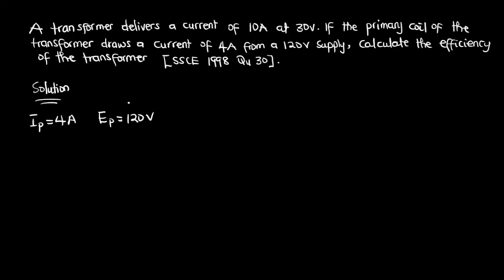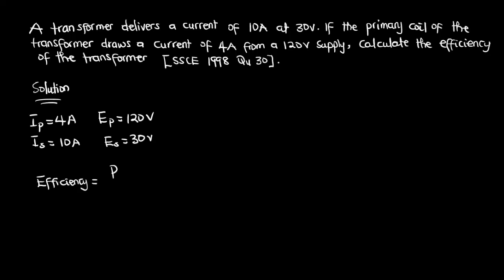So it means the current given to us over here is the current in the secondary coil, which is 10 amperes, and the voltage is the voltage in the secondary coil as well, which is 30 volts. So we have to calculate the efficiency of the transformer. Now, to calculate the efficiency of a transformer, the efficiency